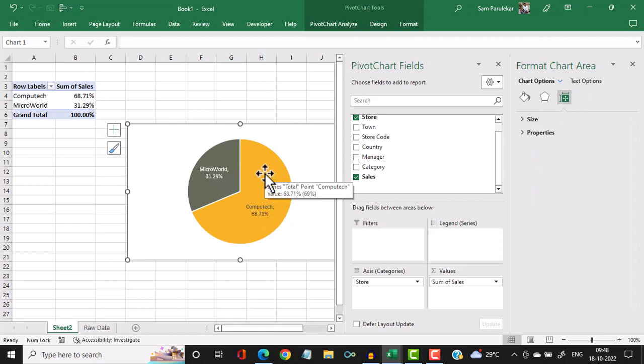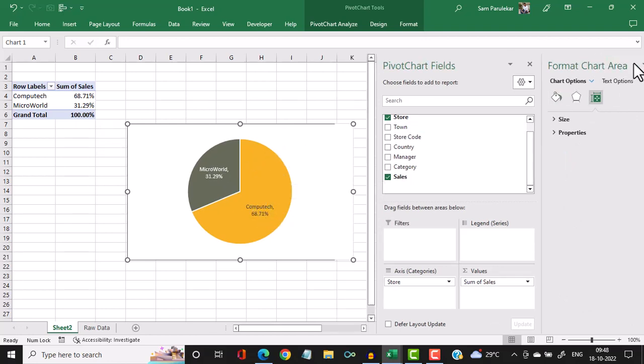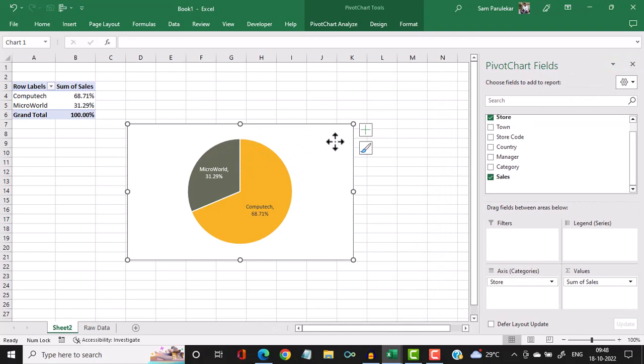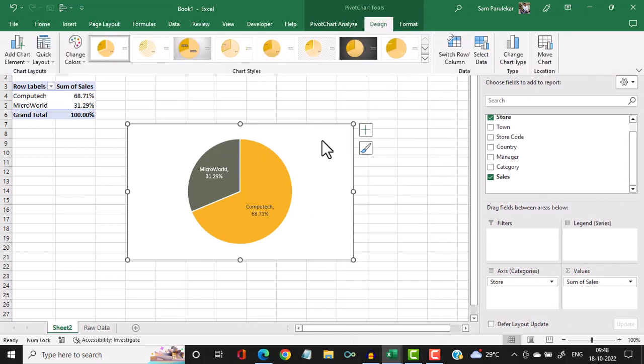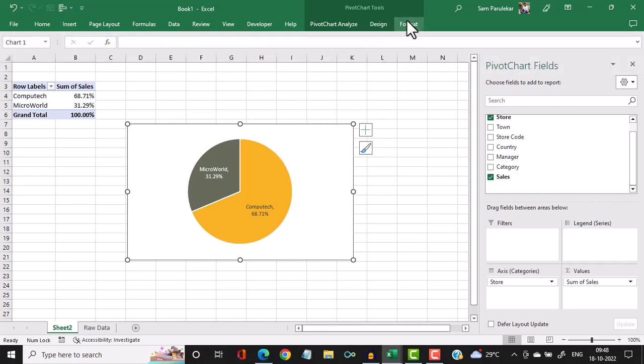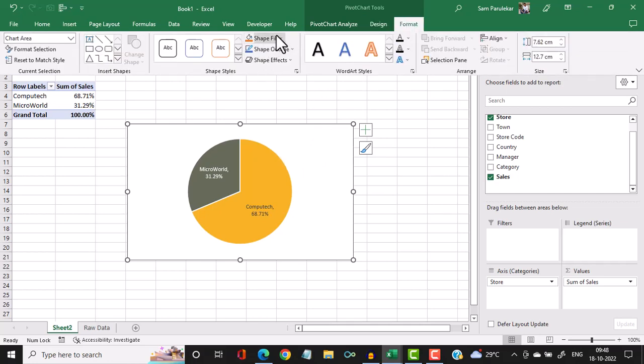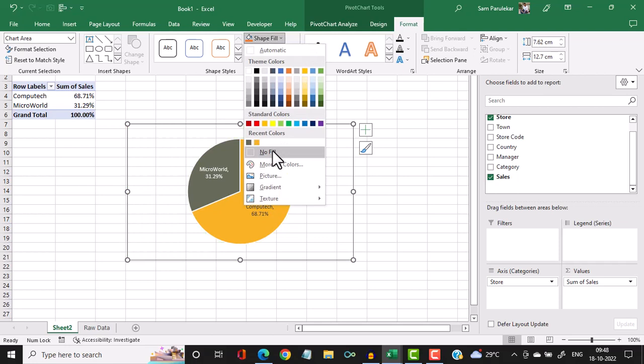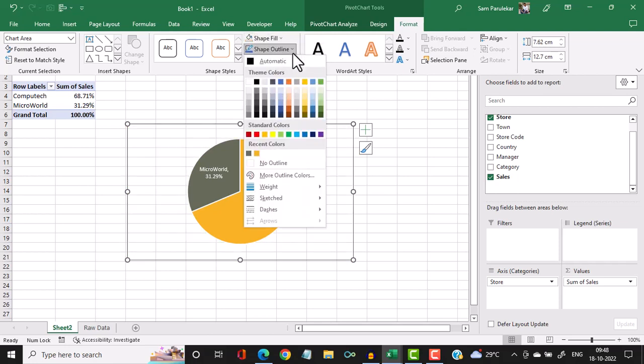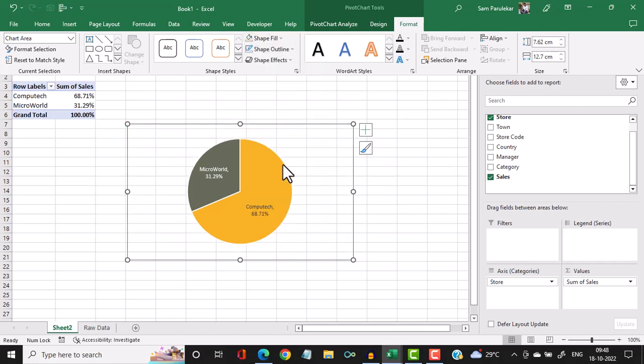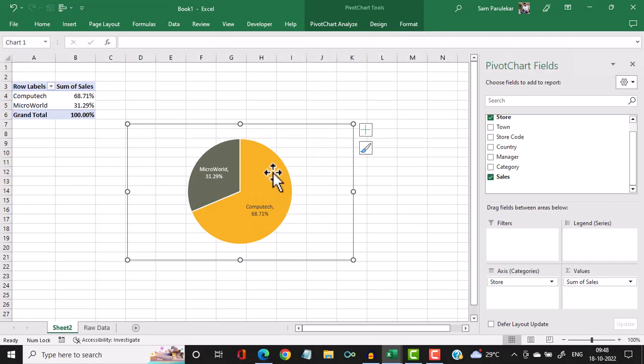Okay, so this seems pretty decent. And now right click over here, or you can click on design, then click on format, select shape fill, no fill, shape outline, no outline. So our first graph is ready. You can Control C, copy the graph,